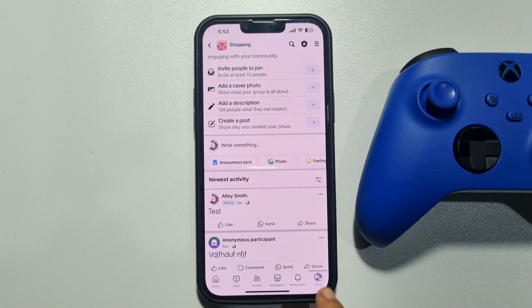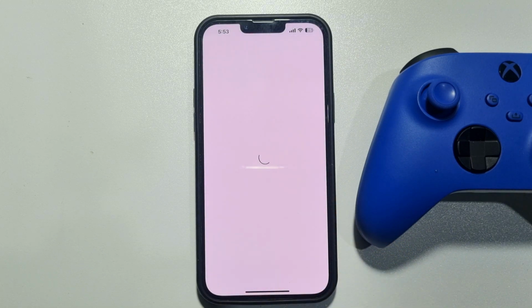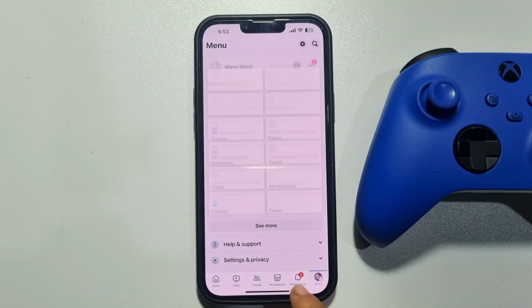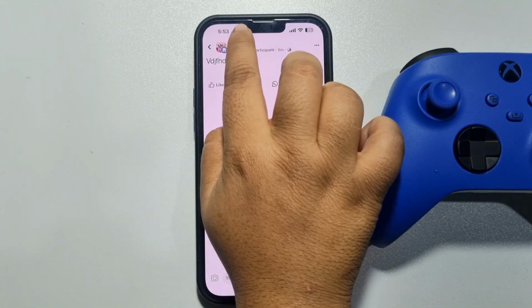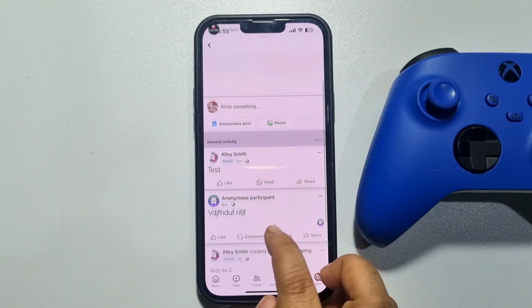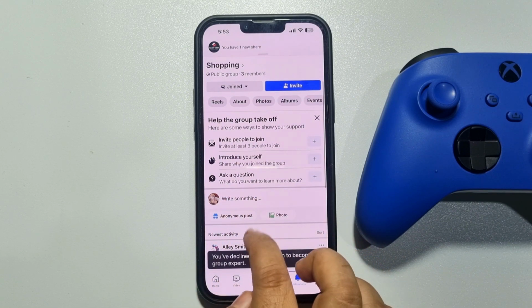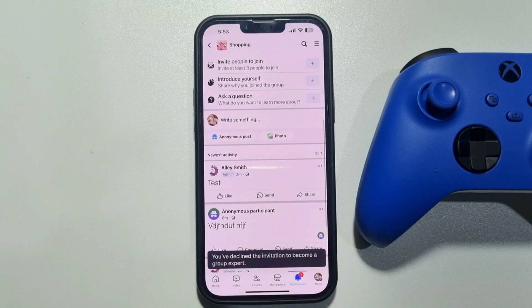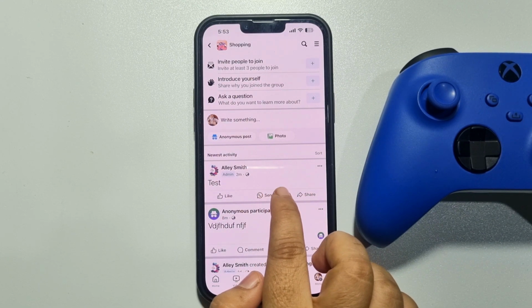to check, I'm going to my another Facebook account and going to the Facebook group. Here is the post I turn off commenting. So here we can see the comment option